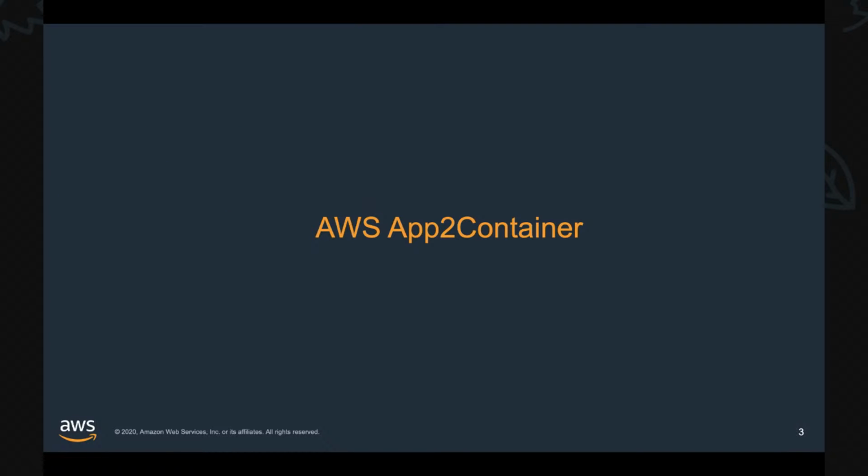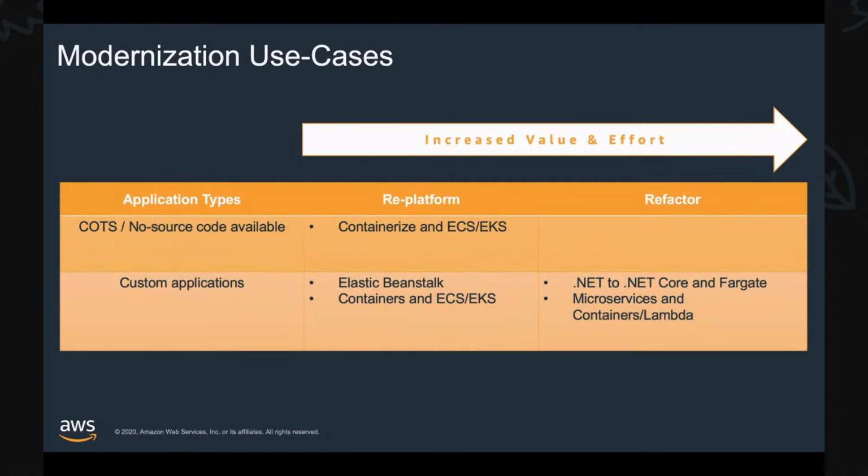So first one comes for our modernization savvy customers, container fanboys, AWS App to Container. It's a pretty new tool that we released. But first, let's talk about the modernization, right? Because the modernization could mean many things to many different people. We're probably talking about applications that were created like maybe 10 to 12 years ago. Maybe the development cycle, the development process of applications has changed so much over the years.